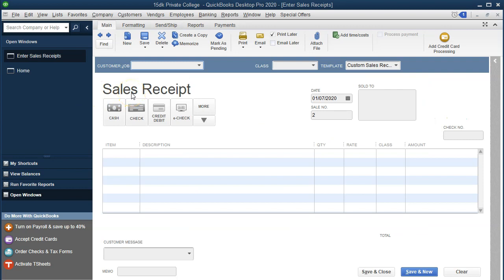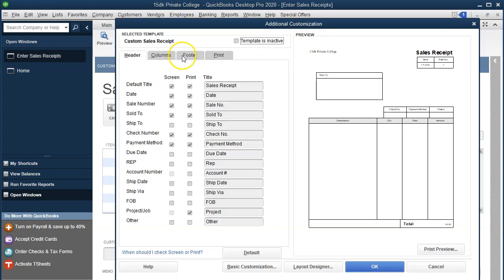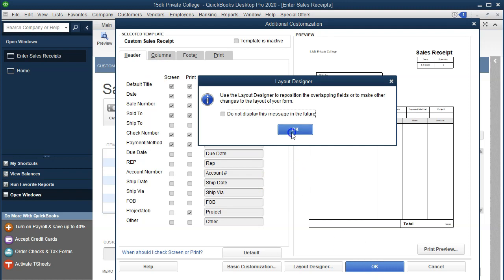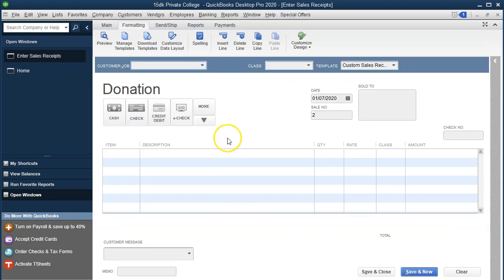You could adjust the type of forms by adjusting the templates, or you can go to the formatting tab and adjust this name at the least by going to customize the data layout and then changing that top field, possibly just calling it a donation form, and then say okay. And you could have multiple templates as well. We'll talk a little bit more about templates in a future presentation so that you can customize the type of templates to be able to provide something back. You want your receipts to look really nice to the donors. At least we can give them a nice thank you receipt to track their records if they're going to give us a donation. So we're going to call this a donor